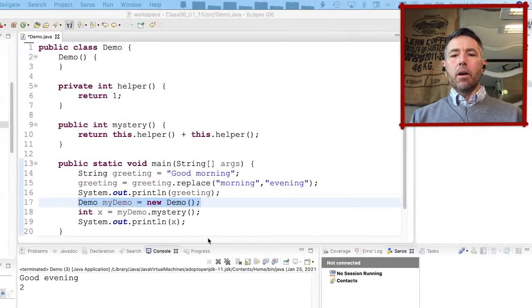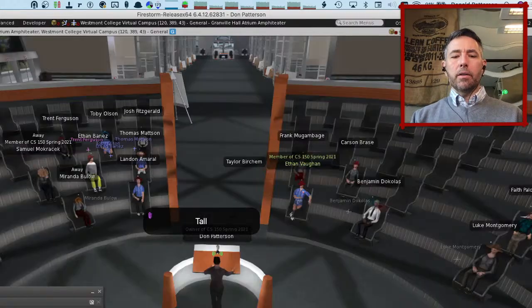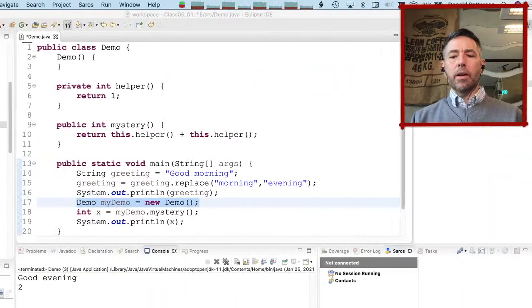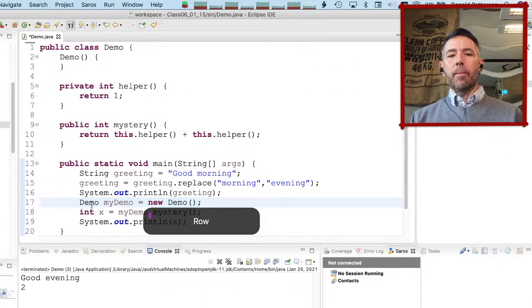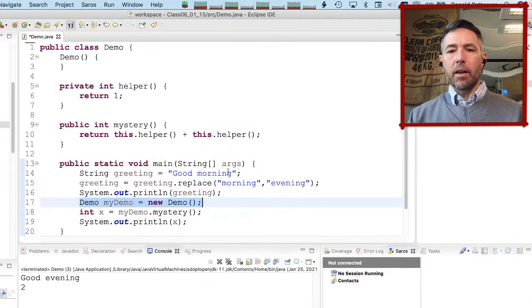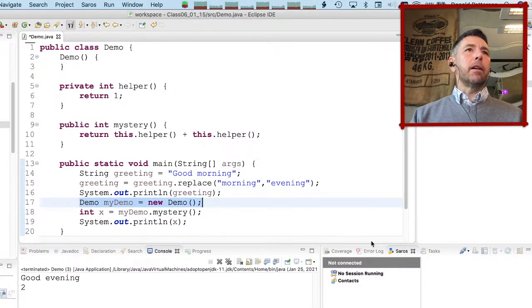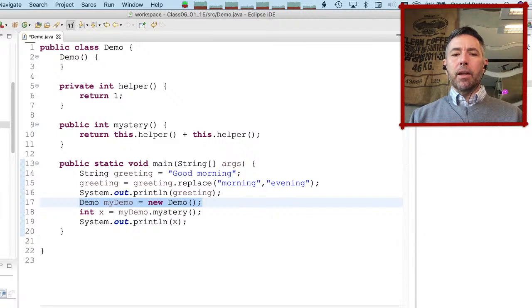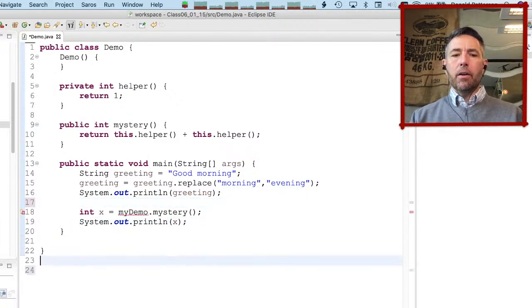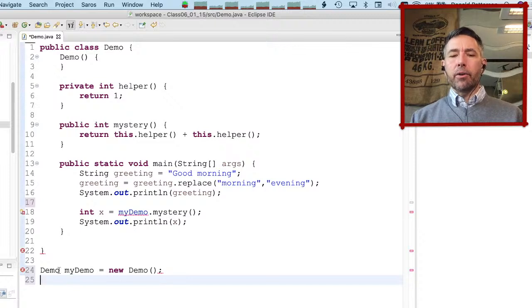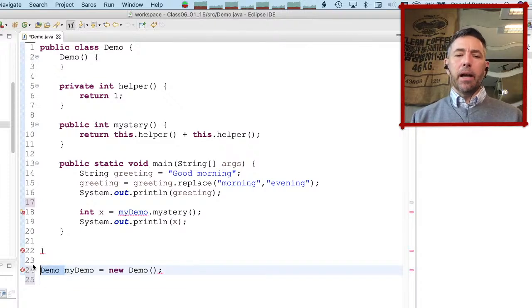All right, so the question was, talk a little bit more about the typing of this particular line and how we're using this line. In the case of Python, you might have defined a class, something like this, and then down here you might have done something like this. You would have had a variable, you would have just set it equal to the constructor,